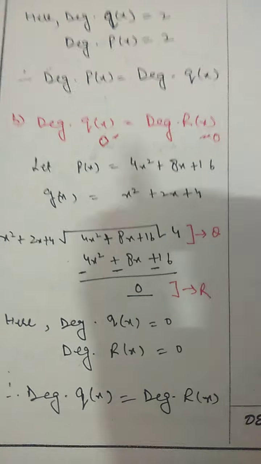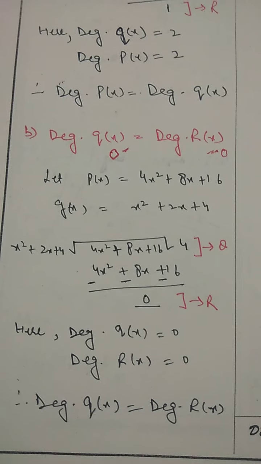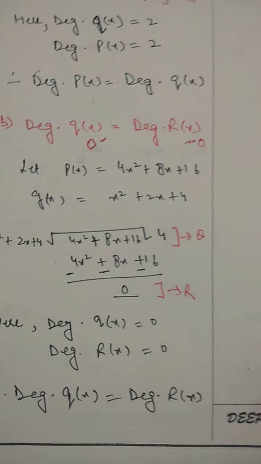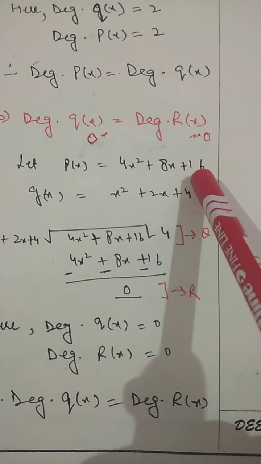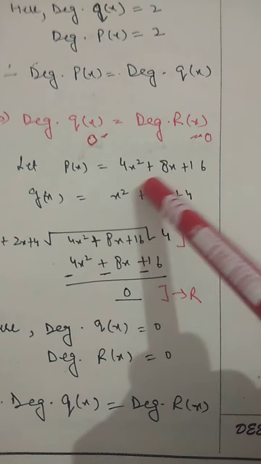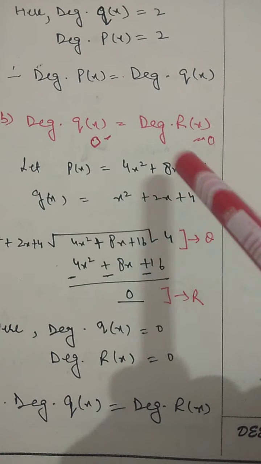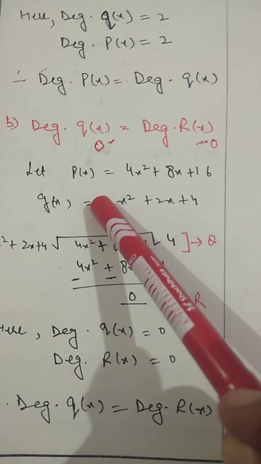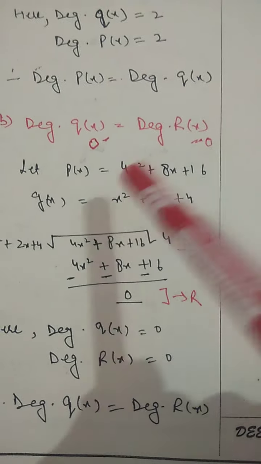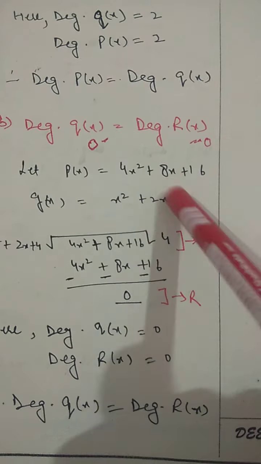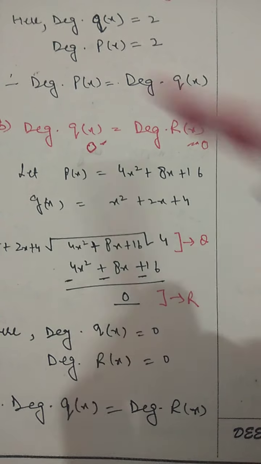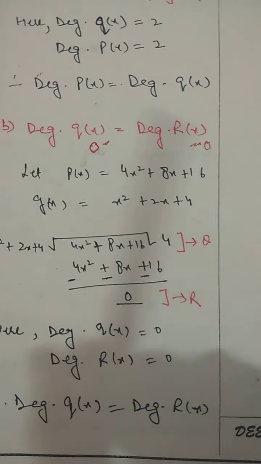That is, the dividend should be completely divisible. So for this I have taken a polynomial which is a multiple of 4. In a similar way you can take any polynomial which is a multiple of the same number, so that you can take that number common. For example, 4x square plus 8x plus 16, or 3x square plus 6x plus 12, or 5x square plus 10x plus 10, any type of polynomial you can take here.